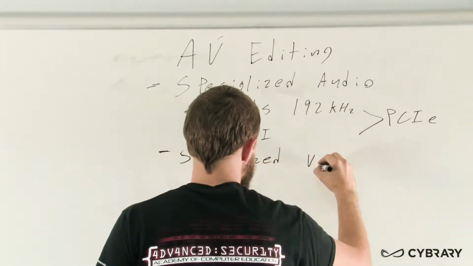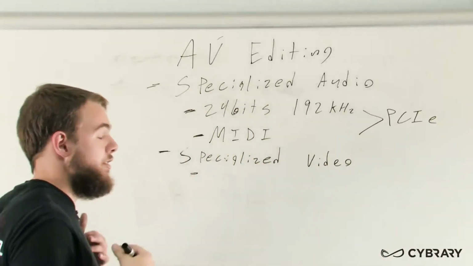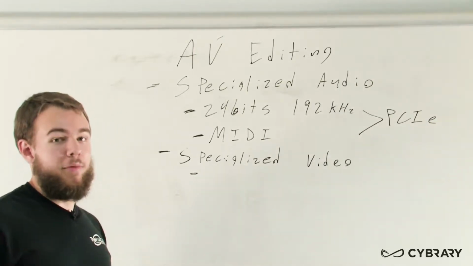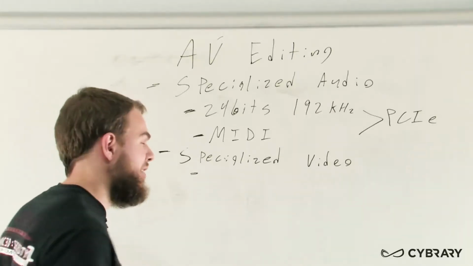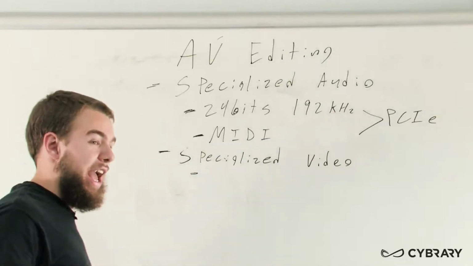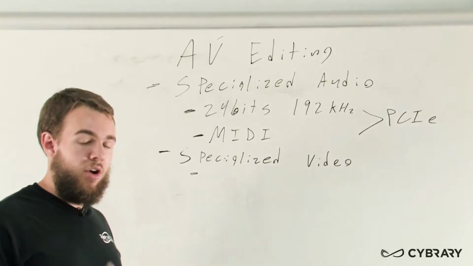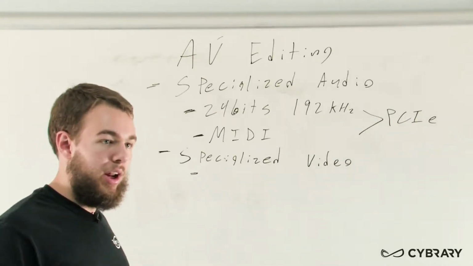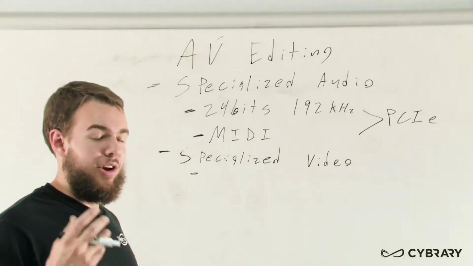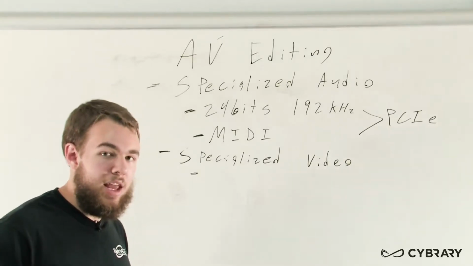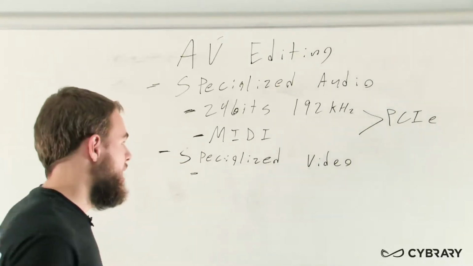Additionally, with our audio and video editing workstation, we want to look at a specialized graphics card. Now, when we're talking about our specialized video or specialized graphics, we're talking about something that's going to be very fast, have a very powerful graphical processing unit. This is because when we're editing this video, we're going to have buffering rates. We're going to have time that the computer is trying to load that video and spool it up so that we can edit it and work with it. And the lower end our graphics card is, it's going to take a lot longer, and it's going to make editing that video not only a lot more time consuming, but possibly a bit more frustrating than if we have